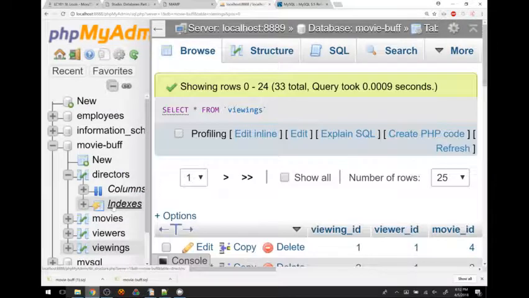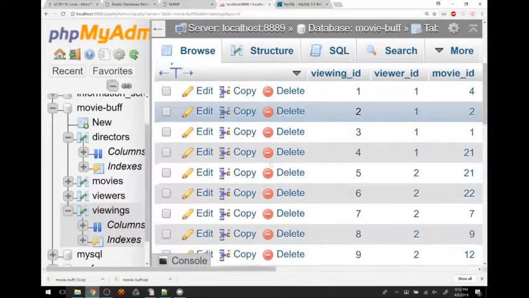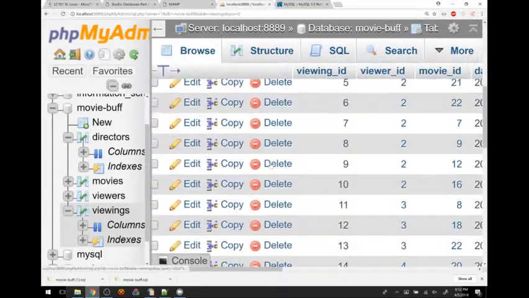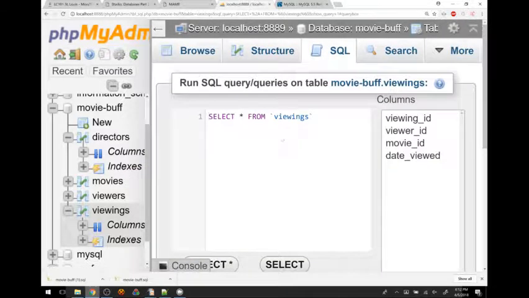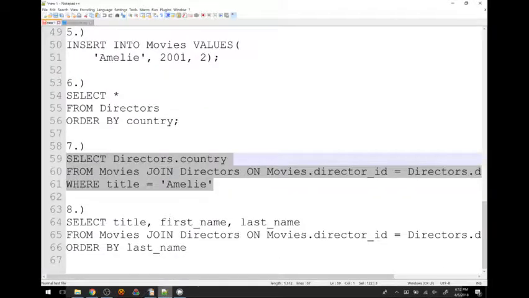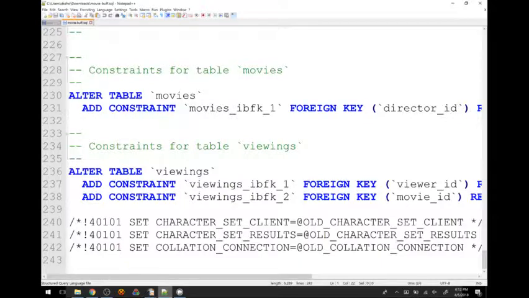I think one of these might have an example of that. I don't remember actually if it does or not. What's the primary key of this table? That's what I wanted to know. Does it say? I guess I could look at the code and see what the primary key of the viewings table was. Does it say down here?